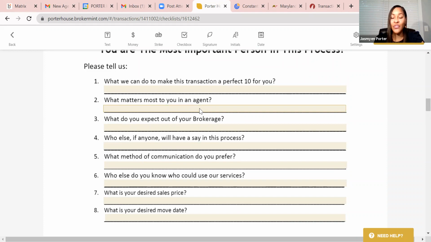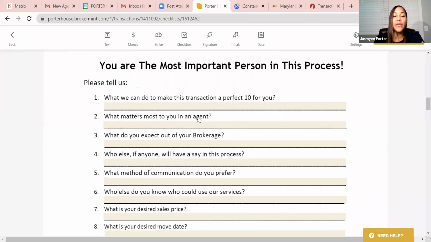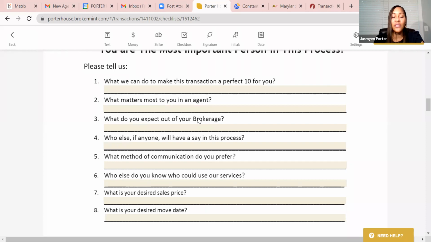Our motto is because you deserve the best. So our every endeavor in our transactions is to make sure that we provide the absolute best experience for each one of our Porterhouse clients. Some information can be boilerplate, but some you want to personally tailor to each one of your clients. And that's going to be in questions such as these. So you want to ask this very short list of questions, but it can really make or break your deal if you don't find this